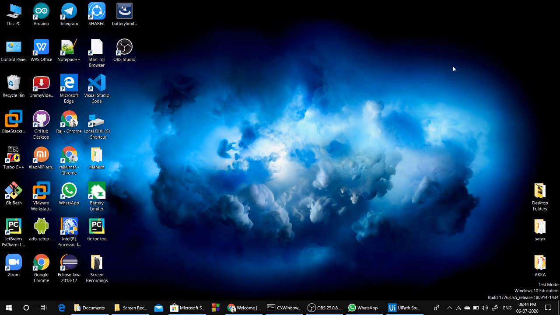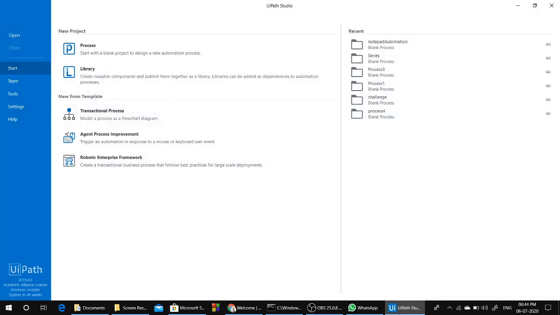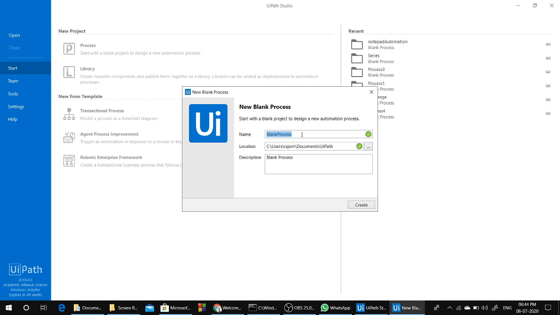Everyone, today I will show you the automation process of Notepad in UiPath Studio. First of all, open UiPath Studio, which we have to download from the UiPath official website. In that we have to create a process, so just click on the process and assign a name like